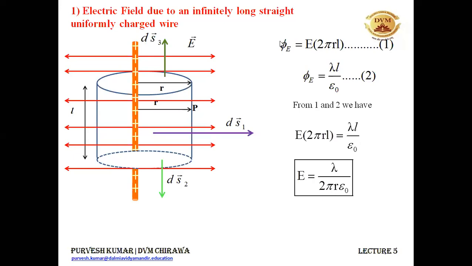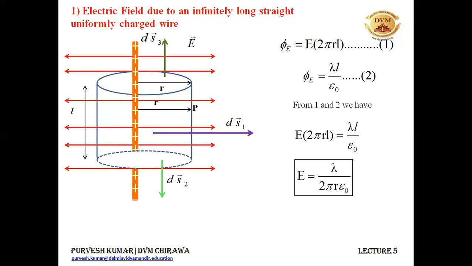I'm again explaining it to you. I have just equated these two equations, and then I have cancelled this L with this L, and the value of E is what I needed to find, because we need to find the electric field due to an infinitely long straight uniformly charged wire. That was the application of the Gauss law. So we have utilized the Gauss law to calculate the electric field due to this infinitely long straight charged wire at a distance r from it. You can see that E has come out to be lambda upon 2 pi r epsilon naught, where lambda is the linear charge density of this wire, which is given to us earlier.